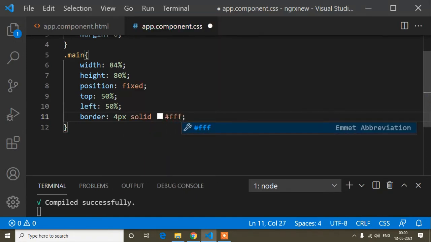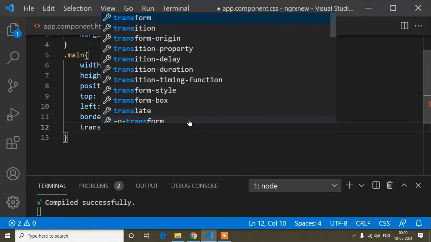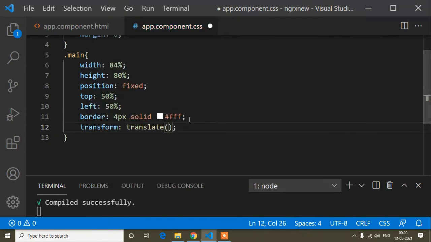This triple F color code is for white. And now here I will add transform: translate(-50%, -50%).